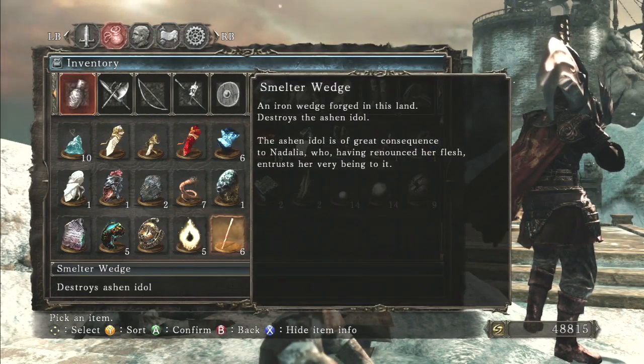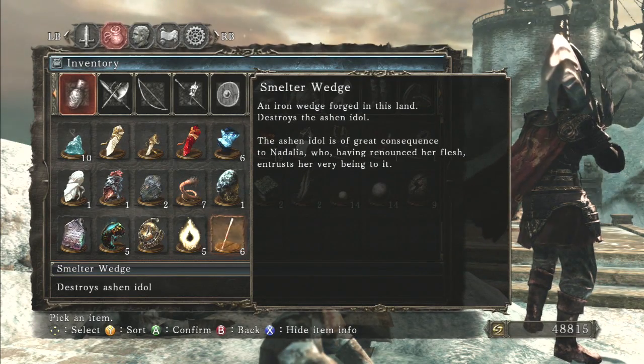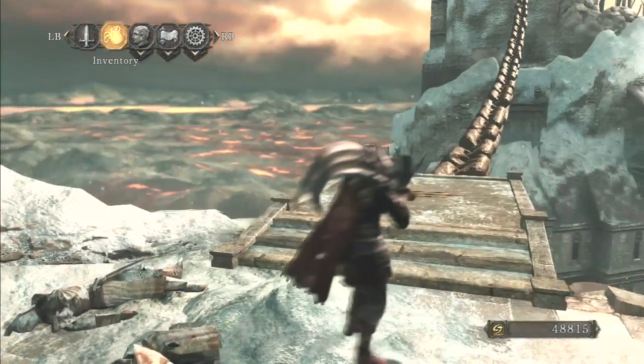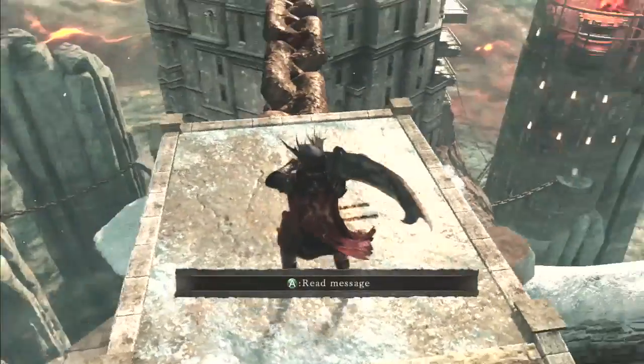And let me go ahead and show those off. So they destroy ashen idols. An iron wedge forged in this land destroys the ashen idol. The ashen idol is of great consequence to Nadalia, who, having renounced her flesh, entrusts her very being to it. So Nadalia entrusts her flesh to all these various idols,